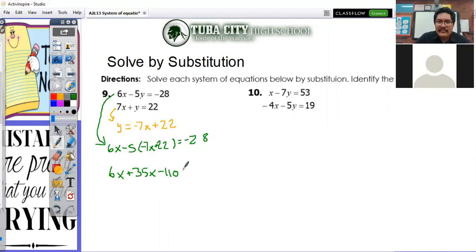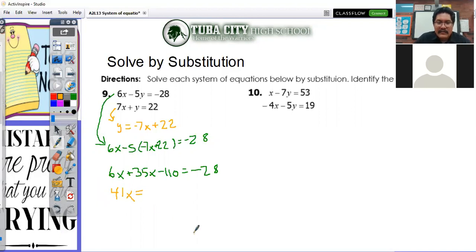So put them together, 110. Okay, now let's go ahead and put these together, 6x and 35x. So 6x and 35x is going to be 41x